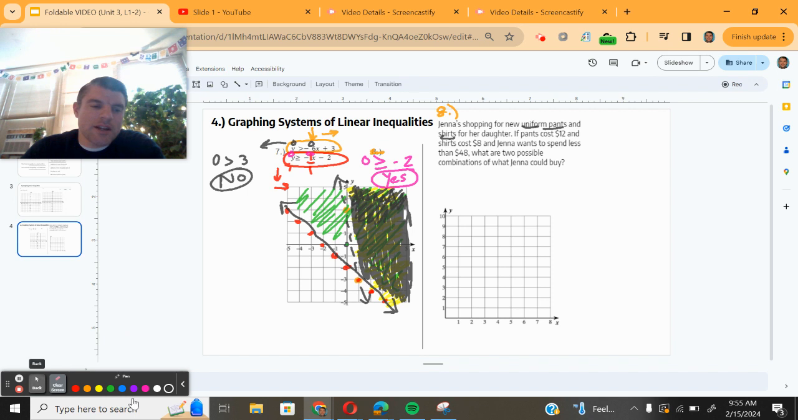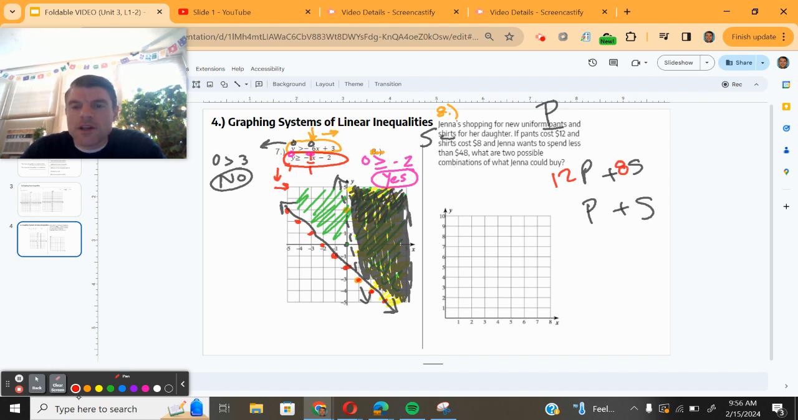So let me erase that, uniforms. We have pants and shirts. So we have P plus S. If the pants cost $12 and the shirts cost $8, and Jenna wants to spend less than $48,